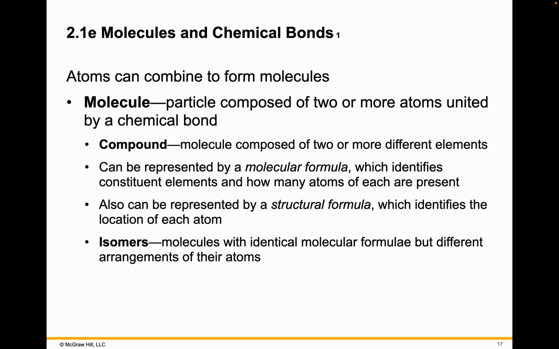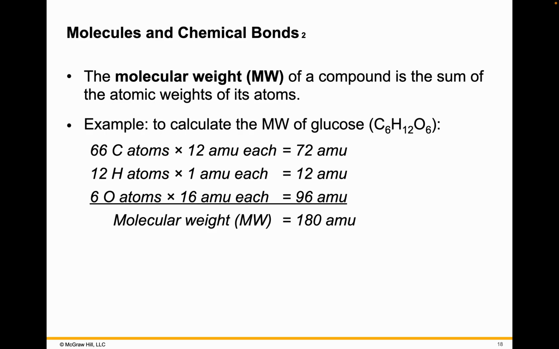Isomers, we'll talk about briefly, are chemical compounds that have the same molecular formula, but they're different in the way their atoms are arranged. Molecular weight of a compound is the sum of the atomic weight of its atoms. So if you have glucose,